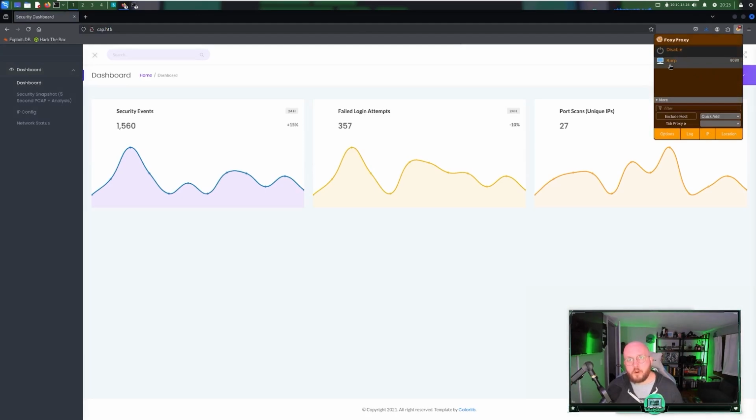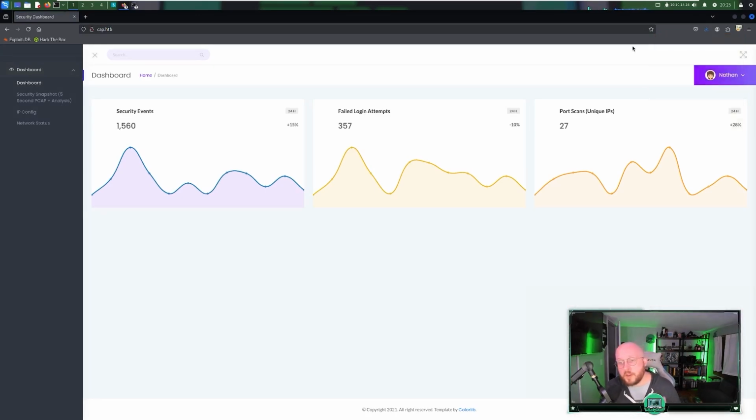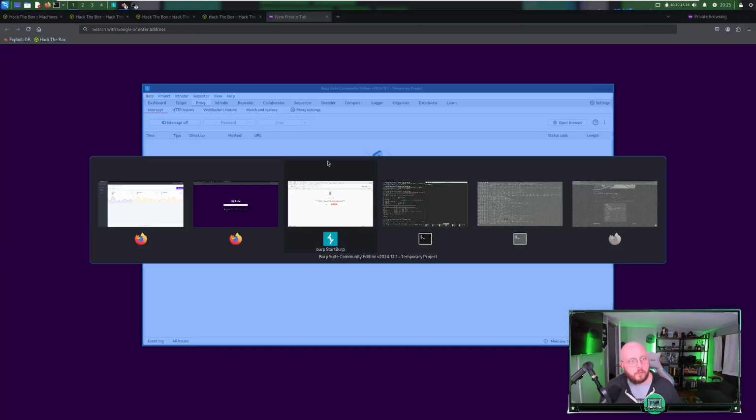So I'm going to go to FoxyProxy and I'm going to use Burp. I've configured this to use port 8080, which is what Burp Suite is going to listen on. And instead of sending traffic straight to the server, it's going to stop at Burp Suite. So now, as long as intercept is on,